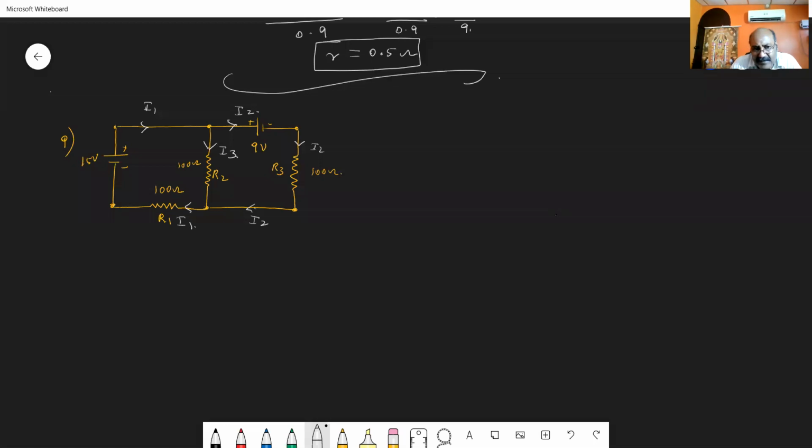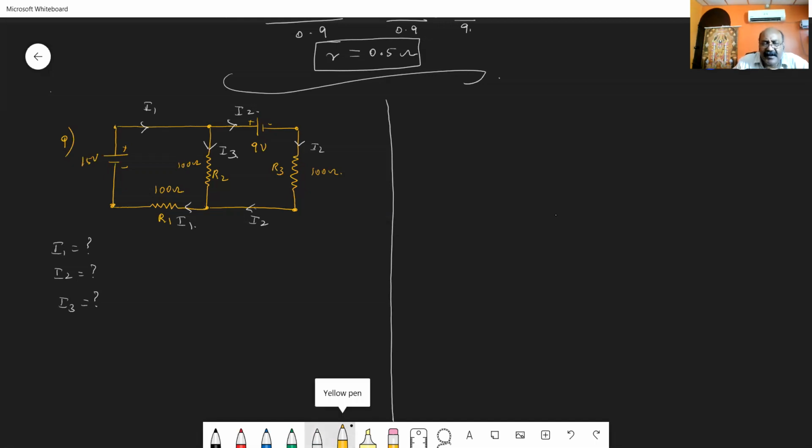A circuit diagram is given and they have asked to calculate the value of current flowing in that circuit. So what is the amount of current that is flowing in the circuit? I have to calculate the value of I1, the value of I2, and the value of I3. I am applying Kirchhoff's laws to calculate this. First of all, I am marking the junctions as A, B, C, D, E, and F.